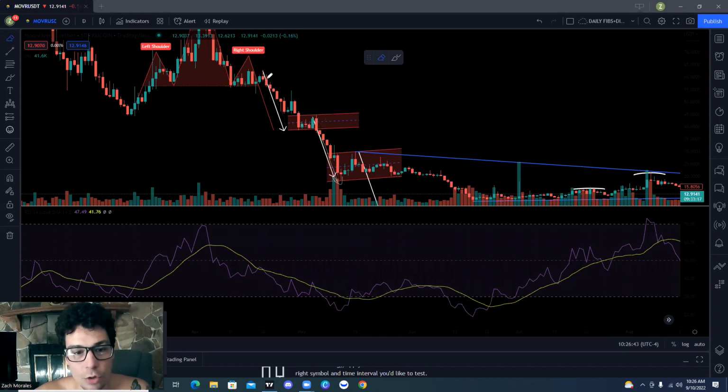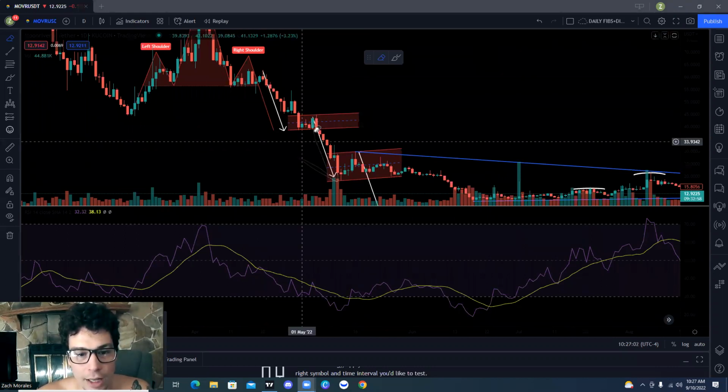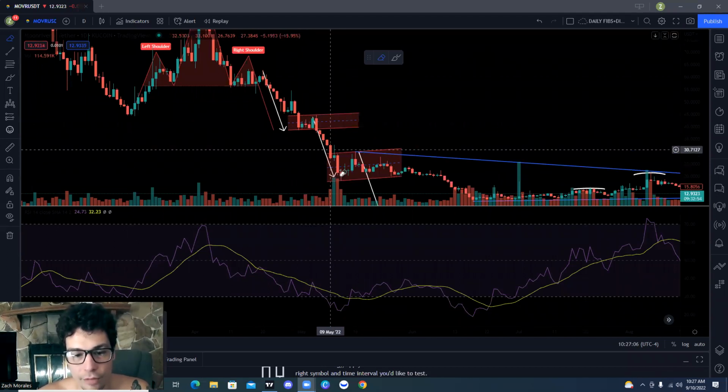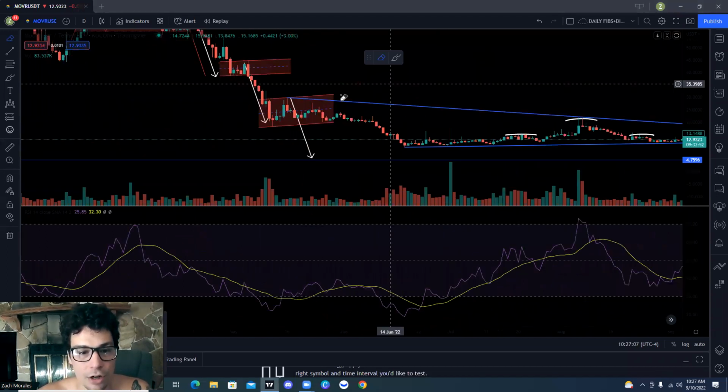So what you do is you just duplicate your drawing. You have your sharp move down. We saw our move down. That was actually the right leg of this head and shoulders. And that formed another pattern right here with the bear flag, where we consolidate sideways a little bit, try to recover, and then break down. So you duplicate your drawing and then you put it here at the top of your bear flag, and it will give you the bear flag price targets. And sure enough,